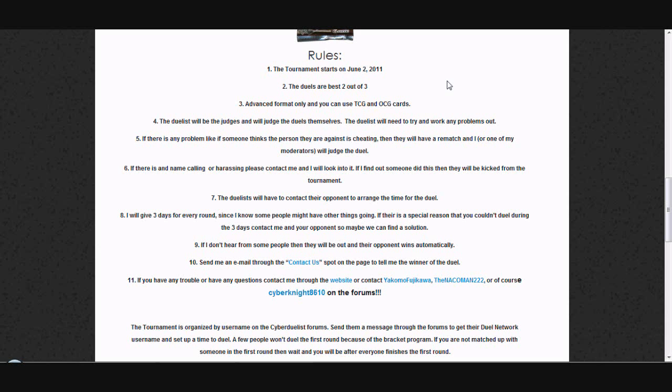Let's see. Number 6. If there is any name calling or harassing, please contact me and I will look into it, of course. And if I find out that this did happen, someone's harassing another person, like calling them names, racist comments, cuss words, anything that makes the other person feel offended, then they need to contact me, and